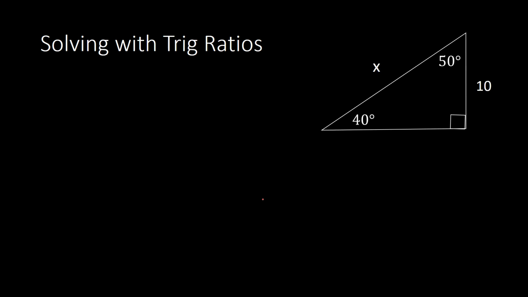One more example, trying to find the missing side length. We can use either angle. Let's use the 40-degree angle in this case. Using the 40-degree angle, x would be your hypotenuse, 10 would be opposite. Which trig ratio uses opposite and hypotenuse? You would find that sine uses opposite over hypotenuse. So from here, we're going to use a sine ratio where sine of 40 equals opposite over hypotenuse, which